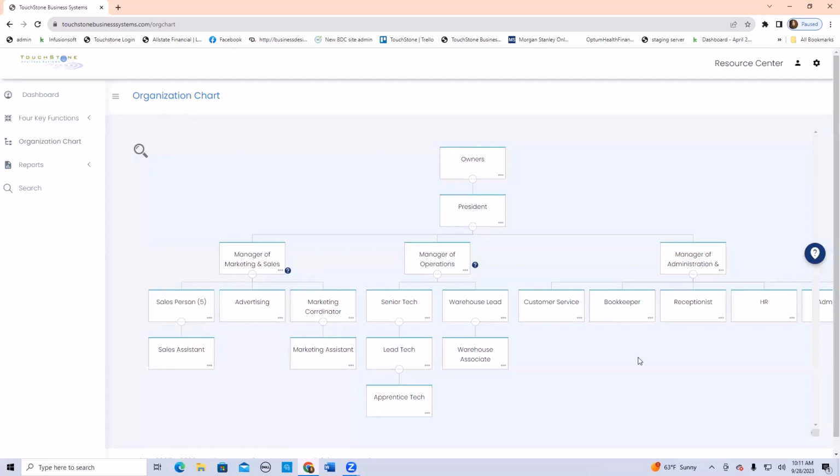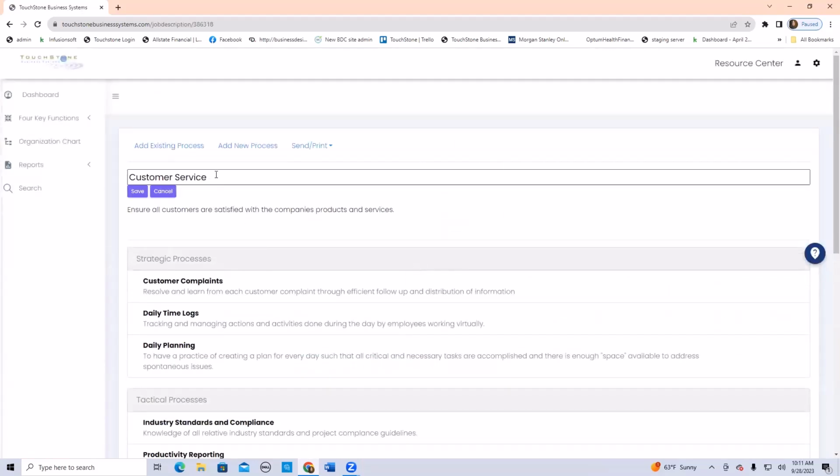And there's no reason for it. So if you have multiple people filling the same role, if you really want to, you could go to this position and I could put like a number 3 here in the title if I wanted to. I've also seen people put names here,